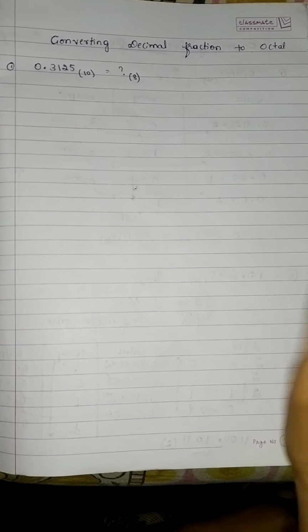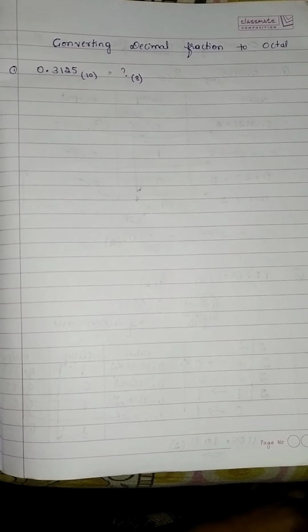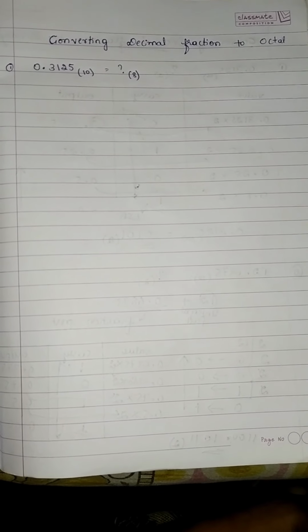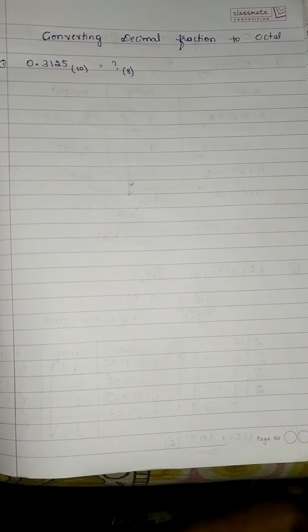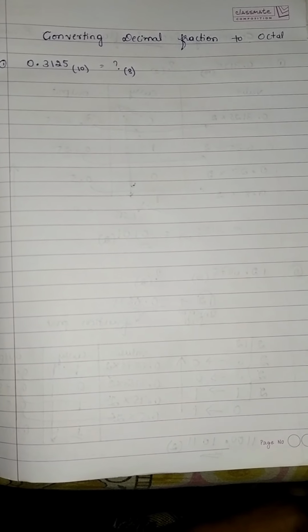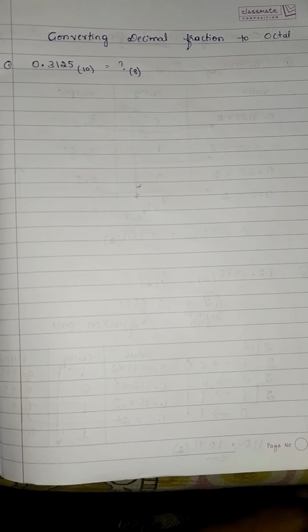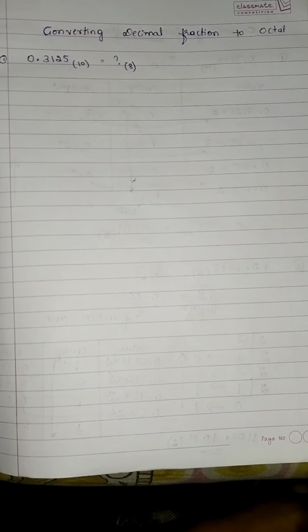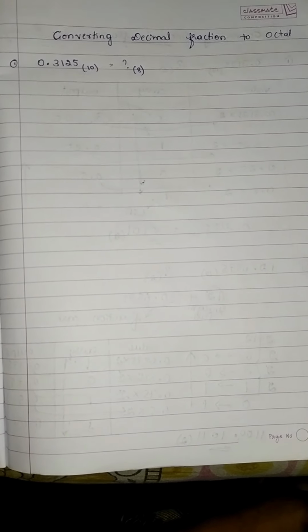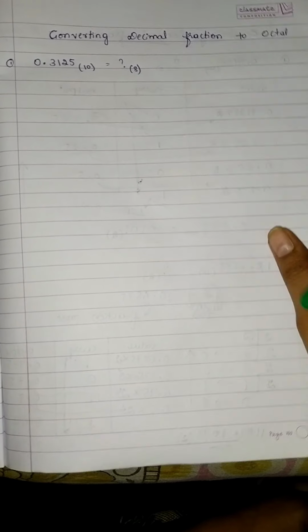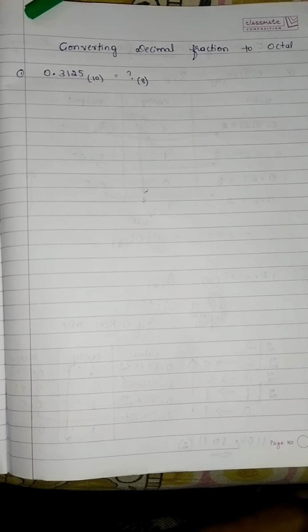Hello students, in this session we are going to learn how to convert a decimal fraction into octal. In the previous session we learned how to convert a decimal fraction into binary. That has two parts, that means it includes both the integral part and the fractional part. The integral part or whole part must be divided by 2 and we have to note the MSB up to LSB, that is the bottom to top approach, and we have to multiply the fractional part by 2 until we get 1.